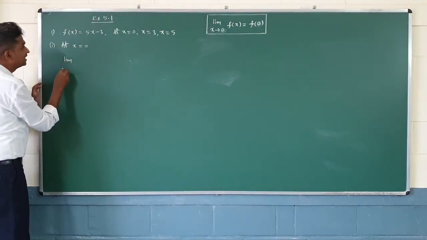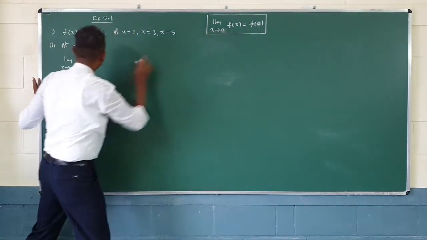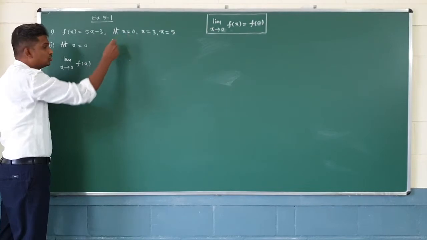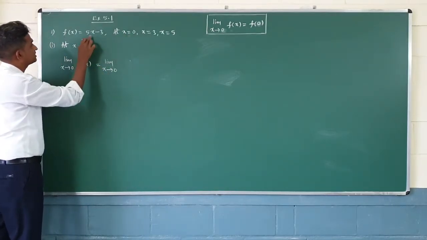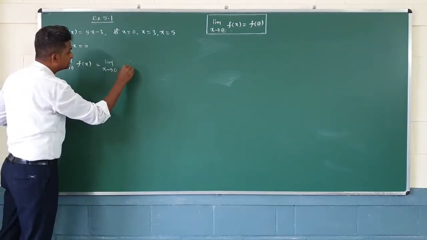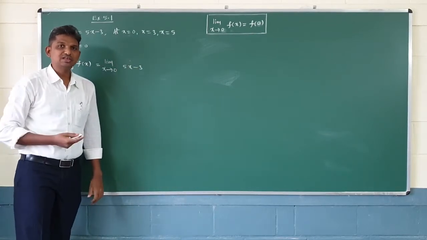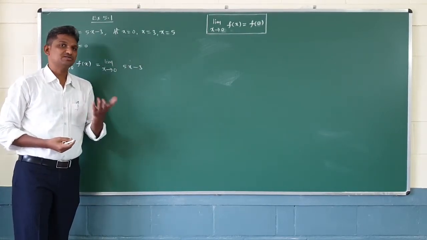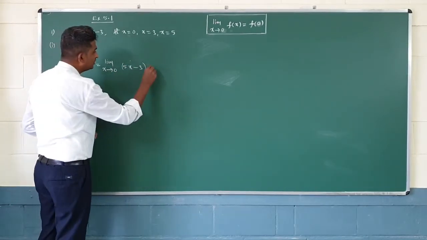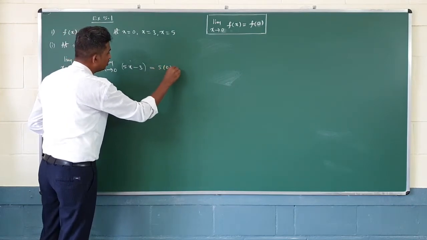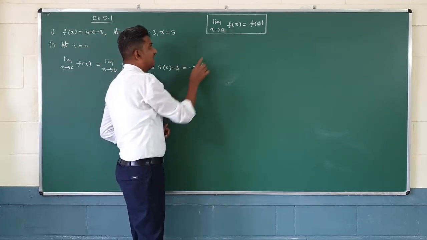Okay, the limit as x approaches 0 of f of x. I am calculating this with x approaching 0 because I am checking at x equal to 0. What is f of x? In the question, they have given f of x is 5x minus 3. How to calculate the limit of this? In the first PUC limits chapter we learned, for any problem first we try the direct method. Wherever x is there, put 0. Then what will you get? 5 into 0 minus 3, that is nothing but minus 3. So I got this value as minus 3.